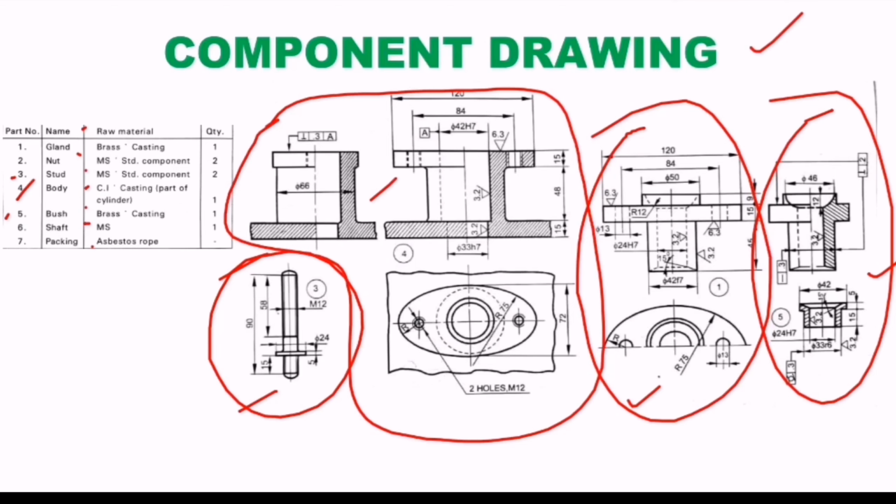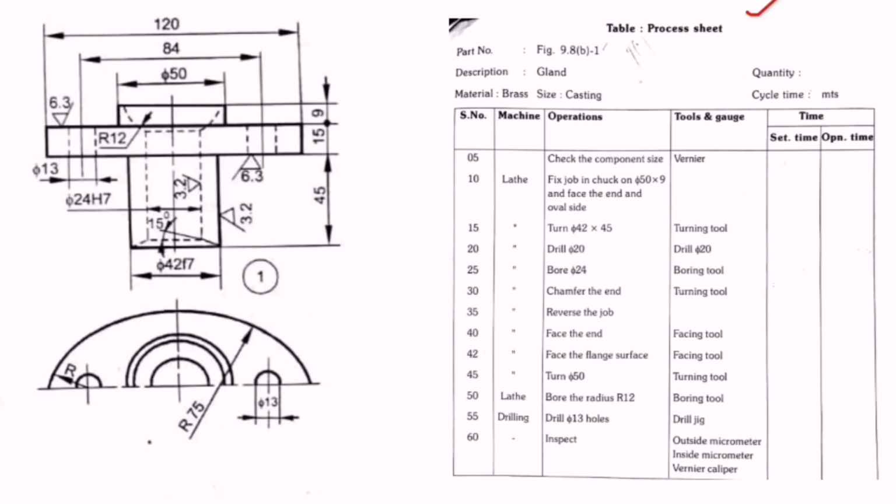Also an important thing is that whatever dimensions are given in the question, we should indicate in the component drawing also. For example, if the question says draw this as 84 mm, we should draw the answer with 84 mm only. Every dimension given in the question should be followed as it is in the answer. Whenever the question says you can take a suitable scale, you can go for 1:2 scale or 1:3 scale.